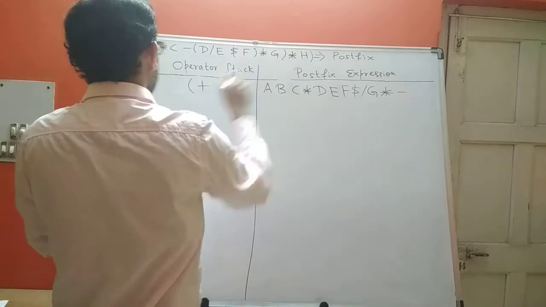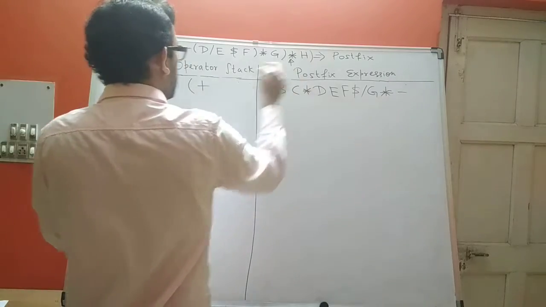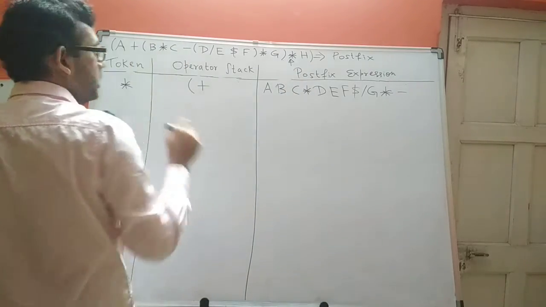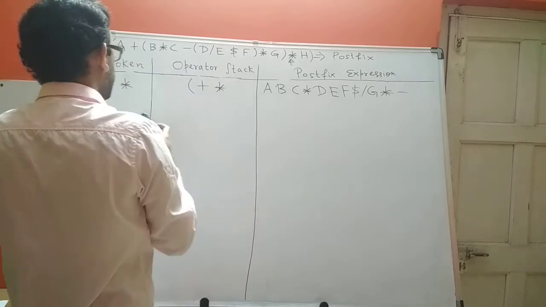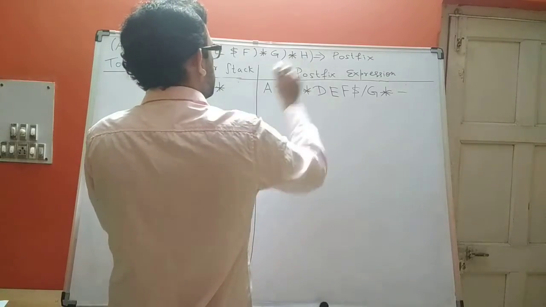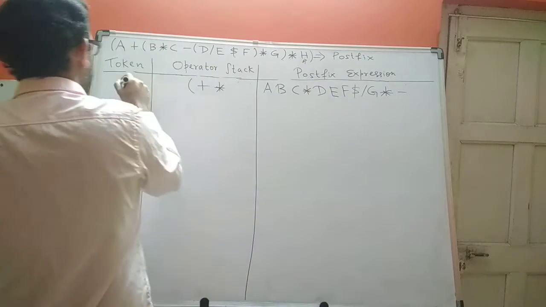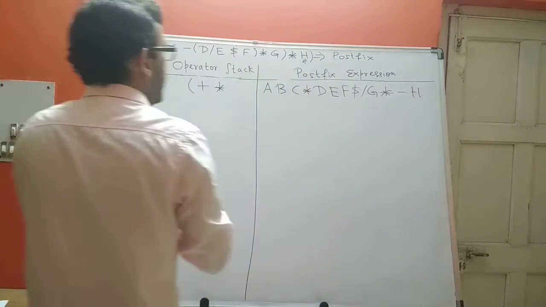My next token is star. Now, star is an operator. It has greater precedence than plus, so I will push it onto my stack. My next token is H. H is an operand, so I will add H to my output. And my final token